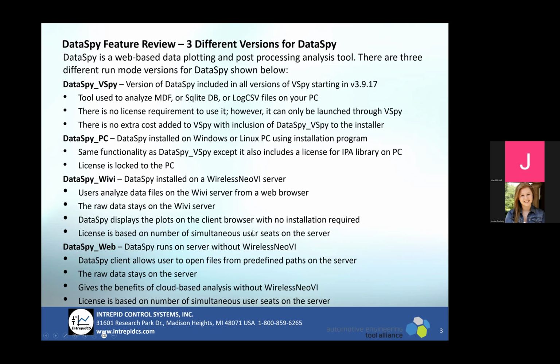So you could buy 10 seats and then 10 people can use it at the same time, which is actually probably 100 users could use 10 seats, because we found that most people aren't looking at data all day long. Anyways, there's the Wi-Fi version, and then you can also run the cloud-based version on a server without having